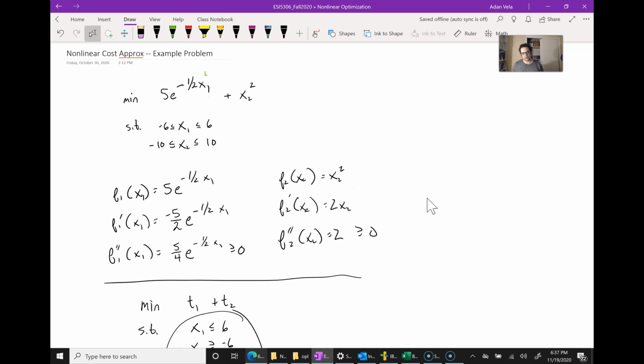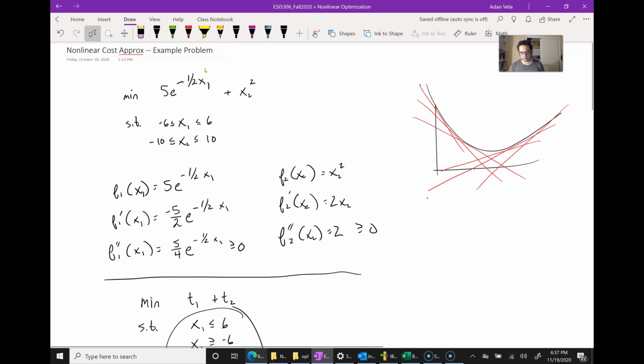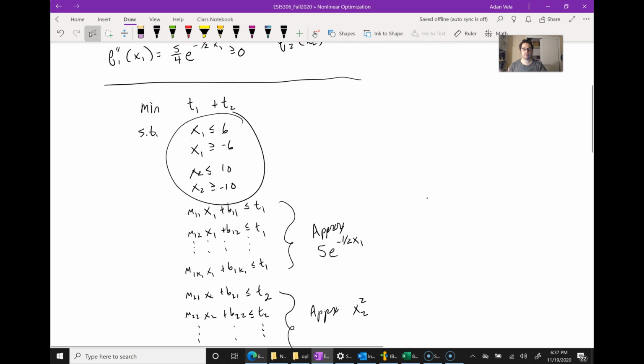In a previous lecture, we had discussed how you can approximate nonlinear functions through a set of linear constraint equations. The basic idea was, let's assume we had some convex function. What we would do is support that convex function through a series of tangent lines, and we would use these tangent lines to effectively approximate the function under consideration. And so what we did in the lecture is demonstrate how we could do that approximation by calculating the